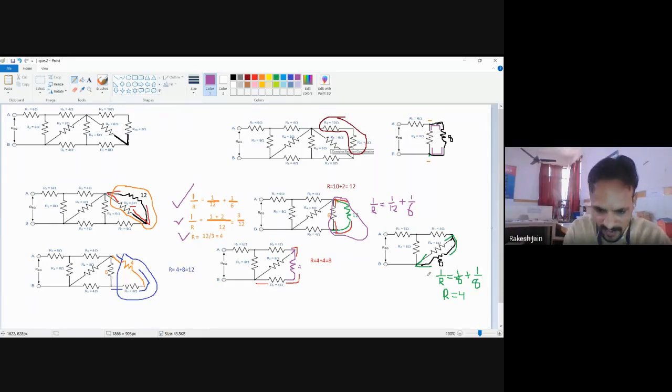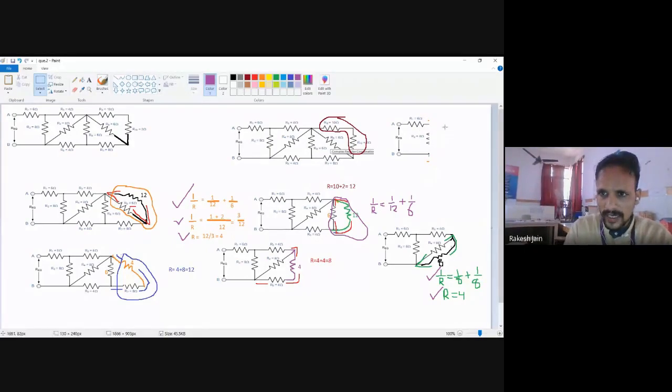We already did this, see with this purple, right? Whenever two resistances of 8 ohm and 8 ohm are in parallel, we already found that the total resistance is 4 ohm. So in the same diagram, these two 8 ohm resistances will be removed completely, and only a single resistance will remain, whose value is 4 ohm.